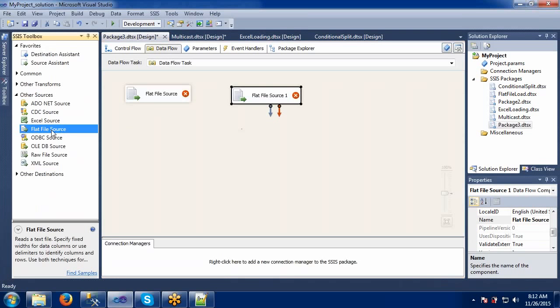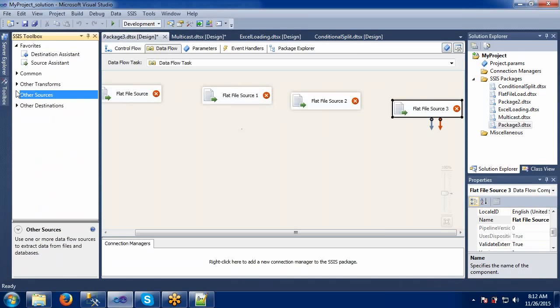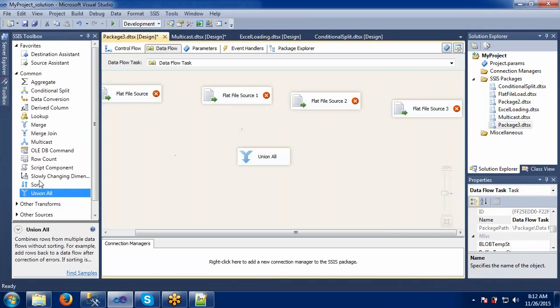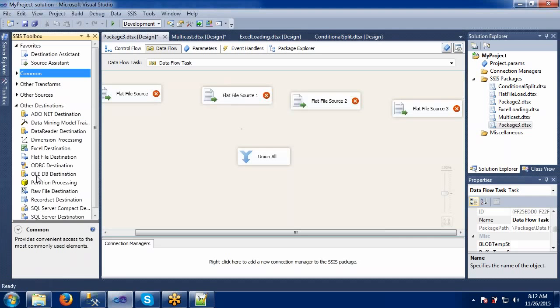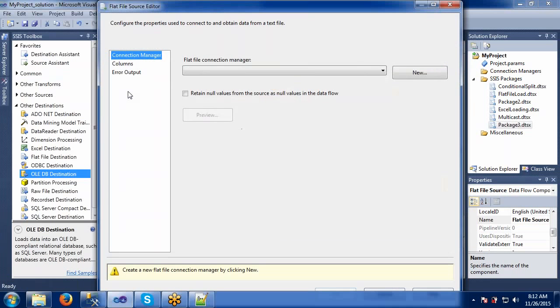Flat file source, some flat file sources, and one common transformation which is nothing but union all, and one destination, our table destination. So now we have collected all those things. Let's fix all these things. First, one flat file source.